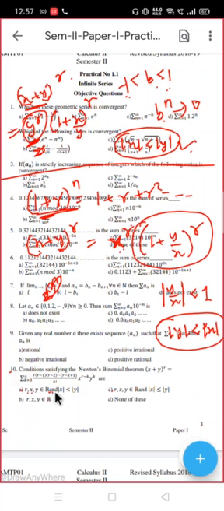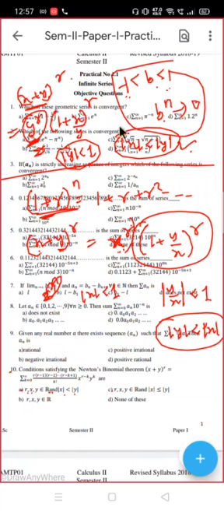Option A is true only if there is some condition given on y. And what is that condition? Mod y must be less than 1. This should be given in the question. And for this one, there should be some condition given on x, that is, mod x must be less than 1. As I told you, standard sequence: b raised to n will exist, otherwise it will be divergent actually. There is no point in writing it. The right hand side will be a divergent series.